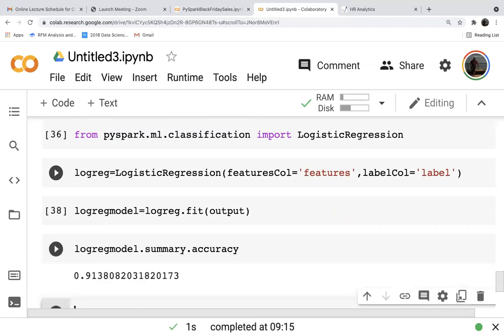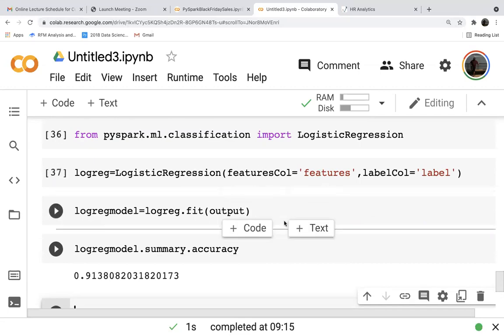So 91.38 accuracy it is predicting. This is your model accuracy of 91.38.